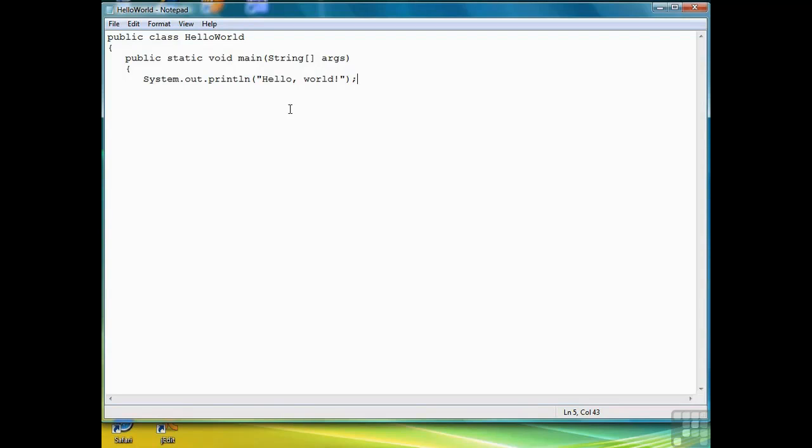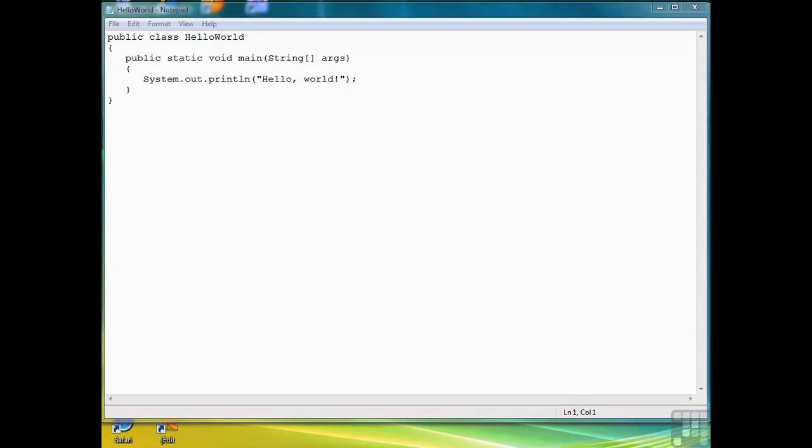I'll be explaining all this syntax quite a bit as we go through the course. We close the block with a closing curly brace, and then we close the class definition with another closing curly brace. And that finishes up the program, and that's all we have to write. And again, it's okay if you don't understand what every single piece of this means. We'll be discussing it a lot more throughout the course, but this is what we have to have a working